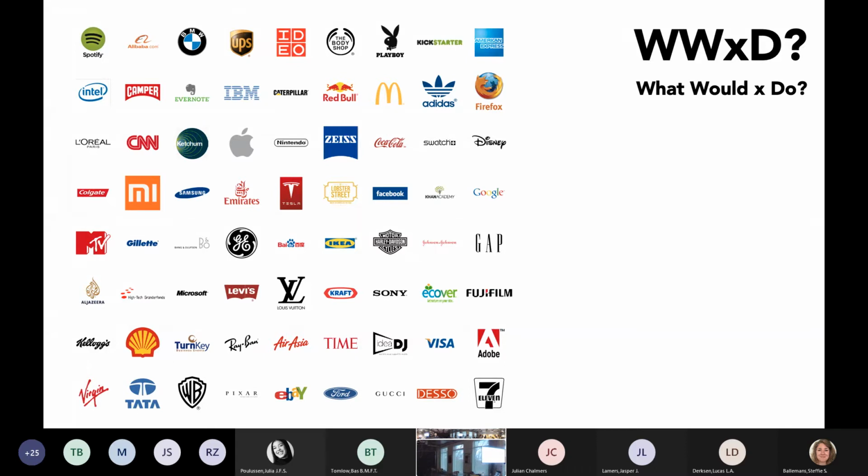Called What Would Google Do? Now, how would Google organize, I don't know, financial services? How would Google organize a supermarket? A lot of companies are already pretty smart at looking at other companies, but you need to be more elegant